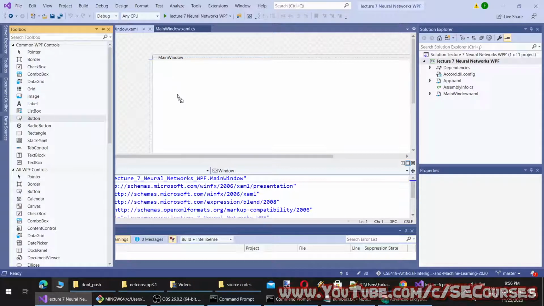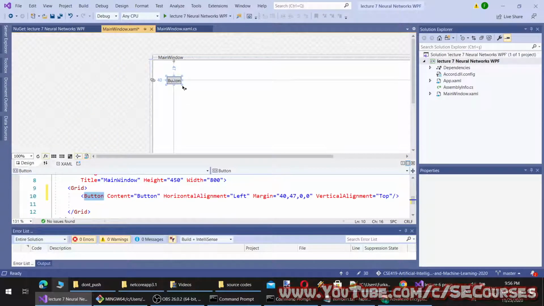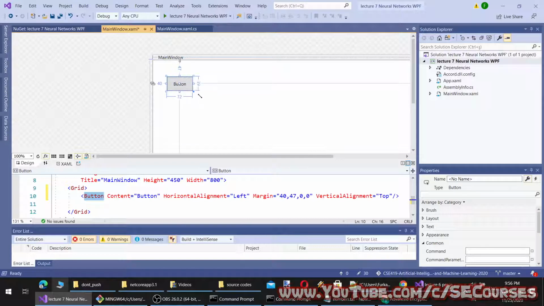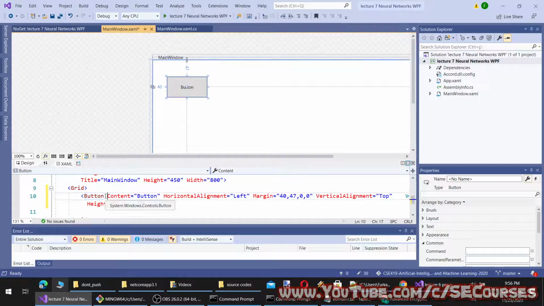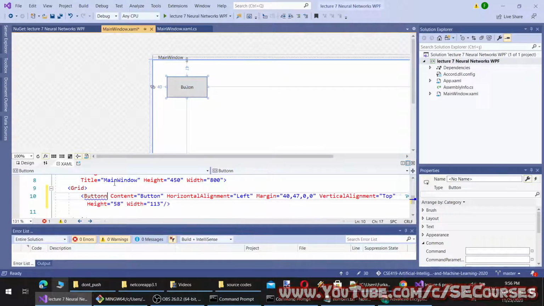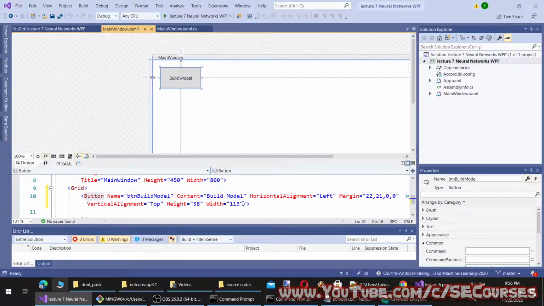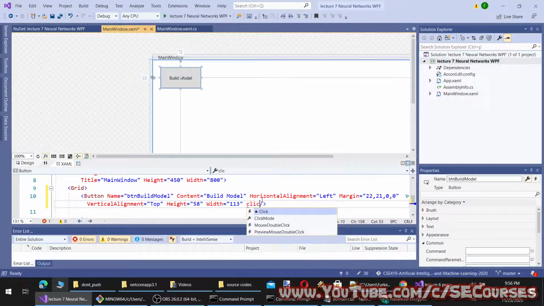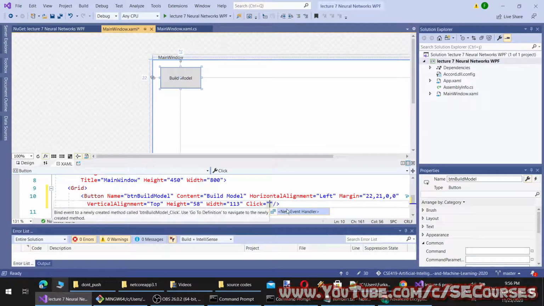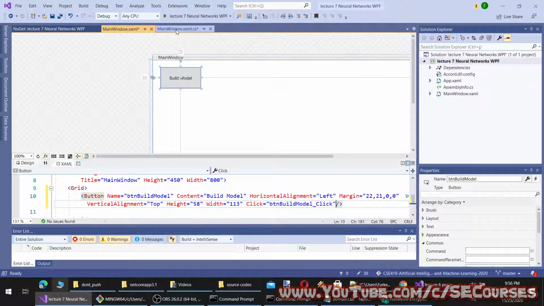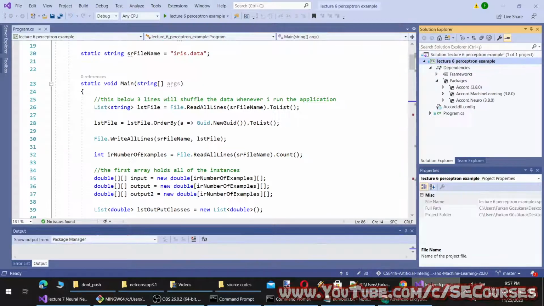Okay, so the name will be btnBuildModel. So first we need to build our model. Okay. And let's compose the click event.